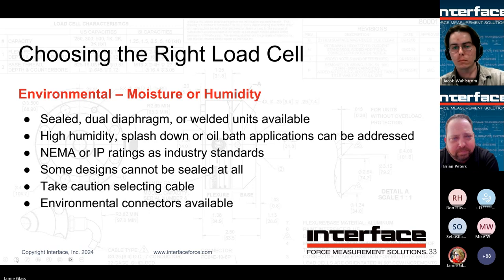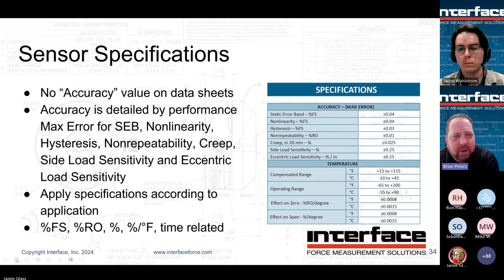Next. All right, now we're going to start to get into some of the specifications. So some of you may already know these. This is something we like to touch on a lot, but I think this is good core understanding here for